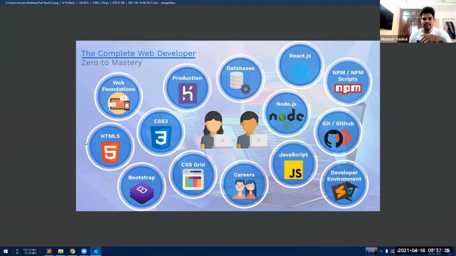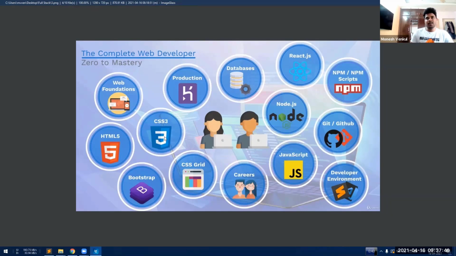Next comes HTML5. You have to learn about HTML tags, the basic HTML which we see. Next is CSS. You have to learn it for all the styling we do, cascading. For that we have to learn this. Under CSS3, we have something called Bootstrap. Bootstrap is a sub branch of CSS3.